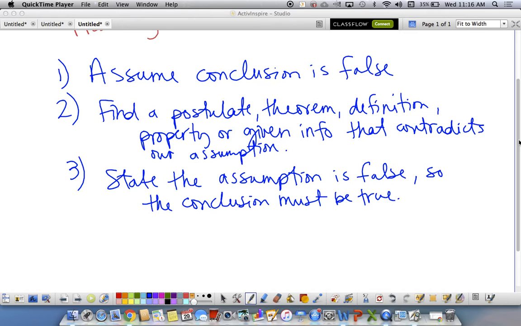So what's our first thing we're going to do? What is our conclusion in this case? What do we want to prove, Carter? You're going to assume AB is not the shortest distance. Okay, that's our first step. Assume that what we want to prove, the conclusion, is false. So we're going to assume that AB is not. And that's what they do. First, assume